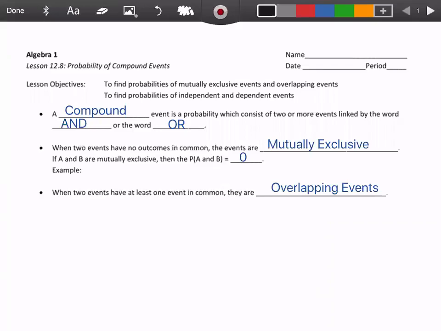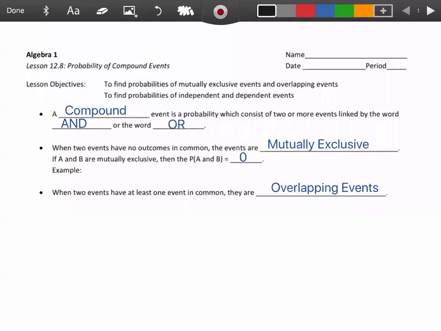We are going to continue our probability section with finding the probability of compound events. A compound event is a probability which consists of two or more events linked by the word "and" or the word "or." When two events have no outcomes in common, the events are called mutually exclusive. So if A and B are mutually exclusive, then the probability of A and B occurring at the same time